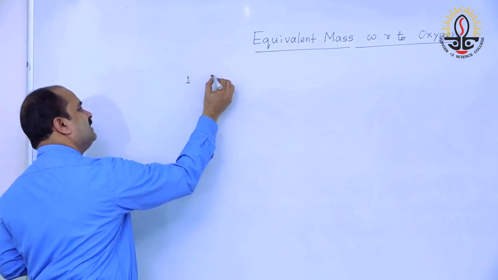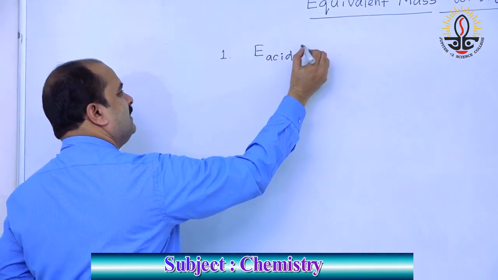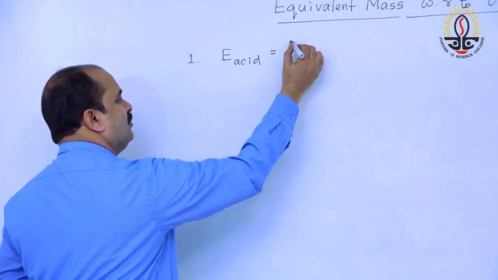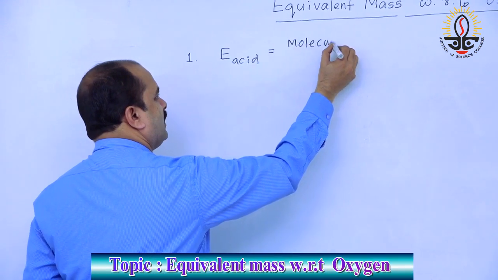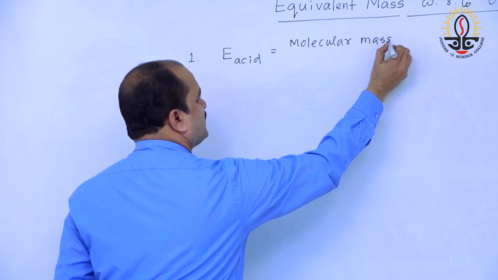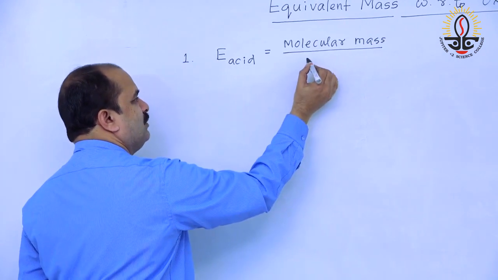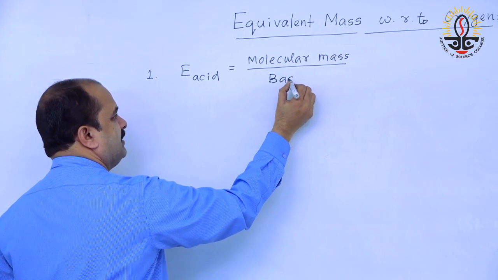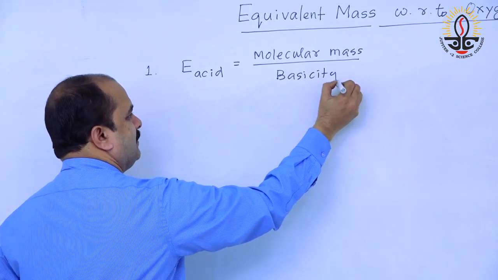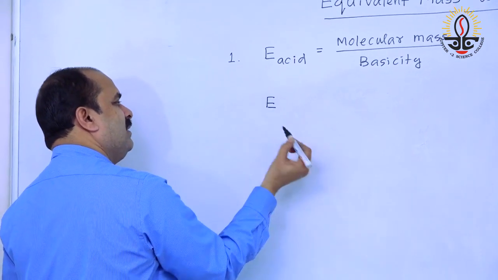Number one is the equivalent mass of acid. It is equal to the molecular mass of acid divided by the number of H plus ions, which is known as basicity. For example, equivalent mass of